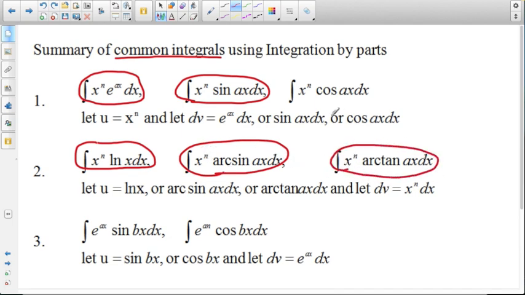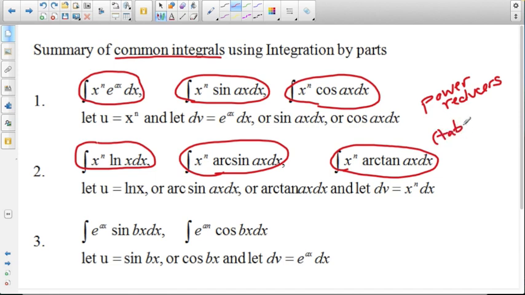So all of these are going to be power reducers. If the power is bigger than 2, you might want to use that tabular method